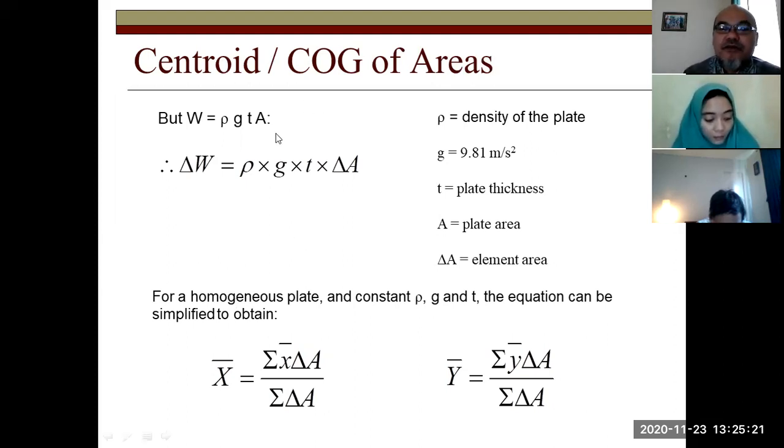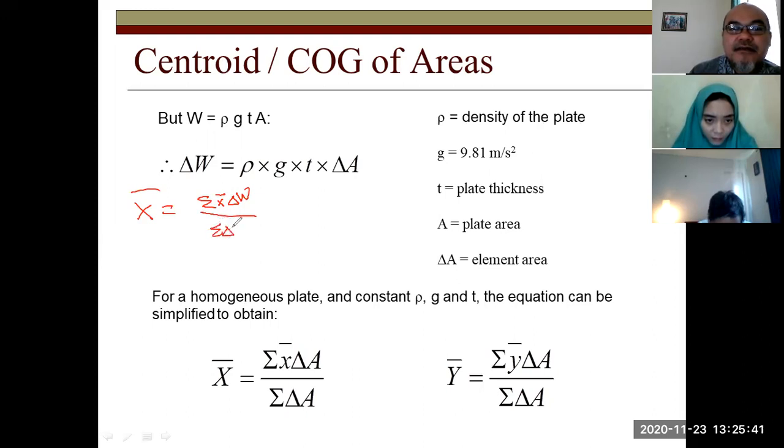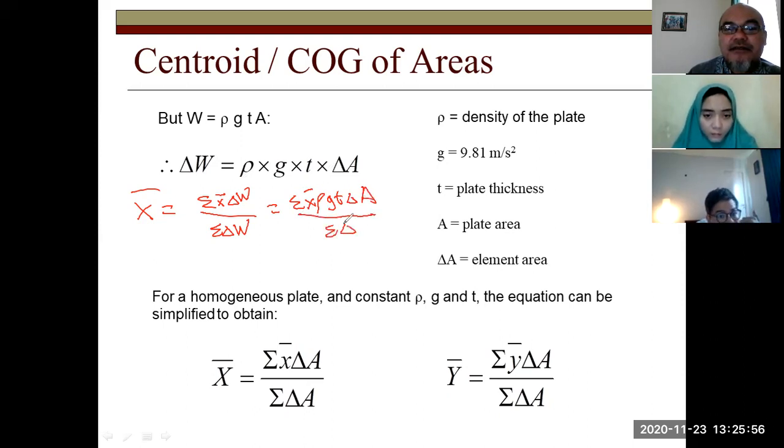So if we put it into the formula, the x here equals sigma x delta W divided by sigma delta W, which equals sigma x rho g t delta A divided by